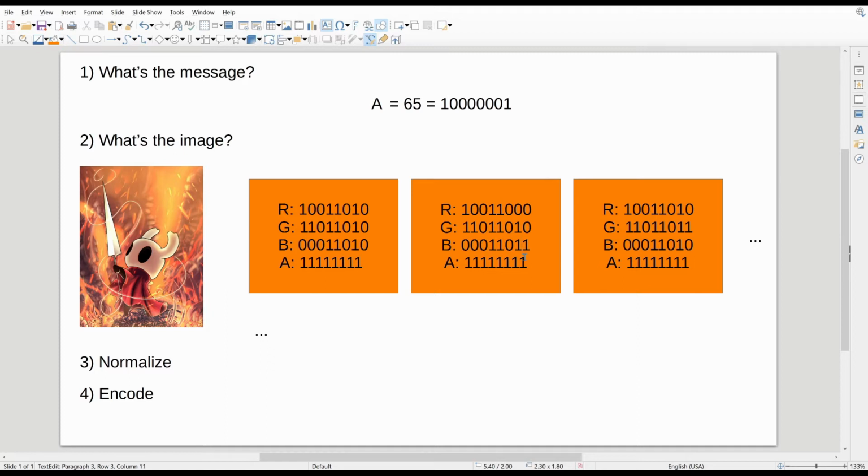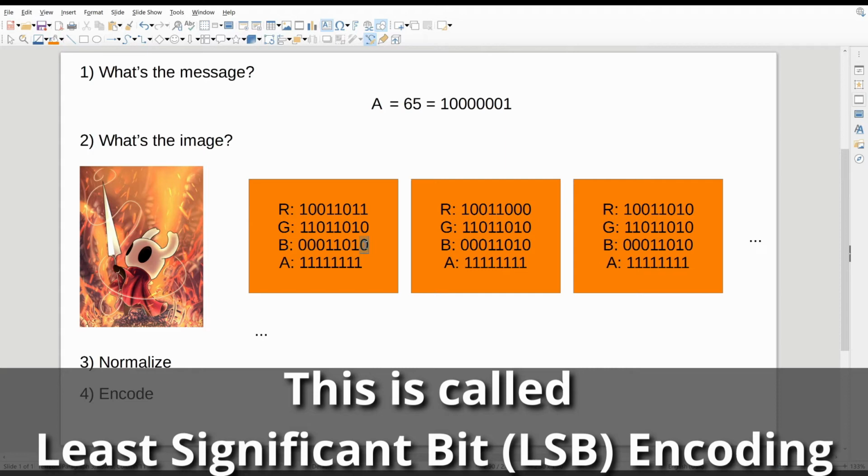For the R, G, and B, we're leaving alpha alone because that wasn't mentioned in the description. So now we've normalized it, and we're going to encode our message. And this is our message. So we'll start with a 1 in this position. And we need a 0, which we have, a 0,